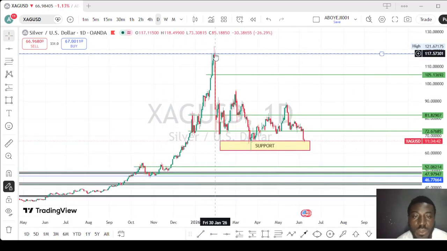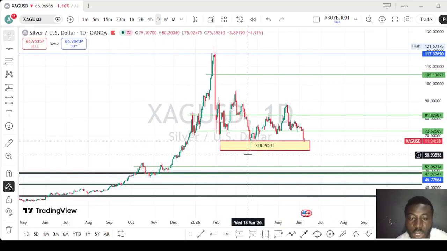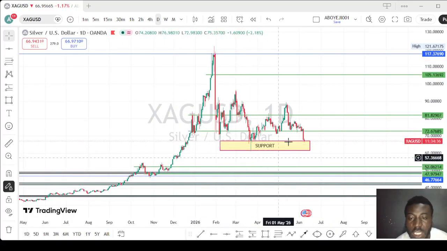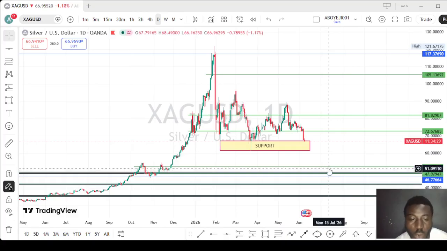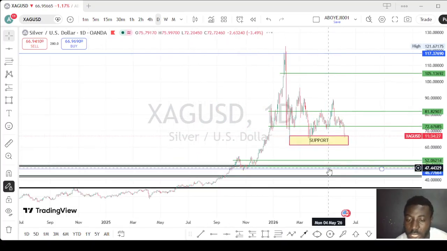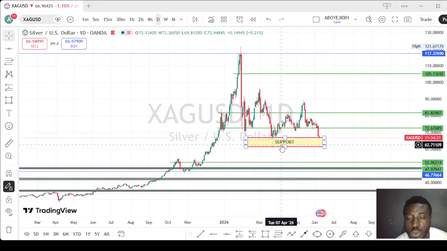This is our swing high, and this is our swing low, so the market is in between. The market is creating liquidity inside. So let's be expecting the market to come to this demand before we can see a huge uptrend. The demand is near this monthly key level. Definitely, buyers are waiting for the market here. All these are liquidity, this is support, so the market is going to break it.